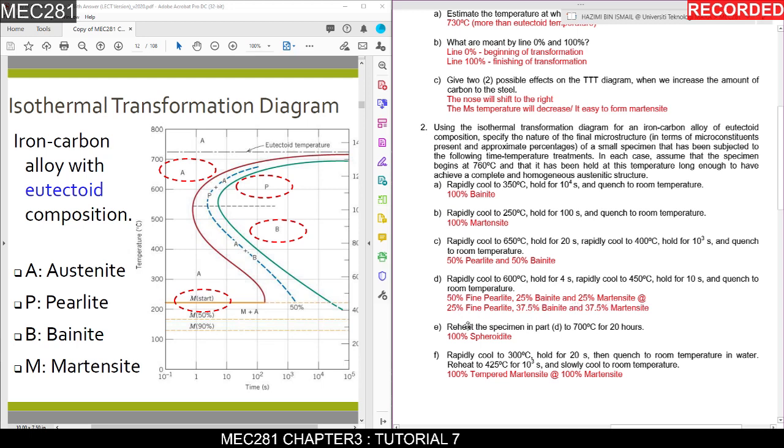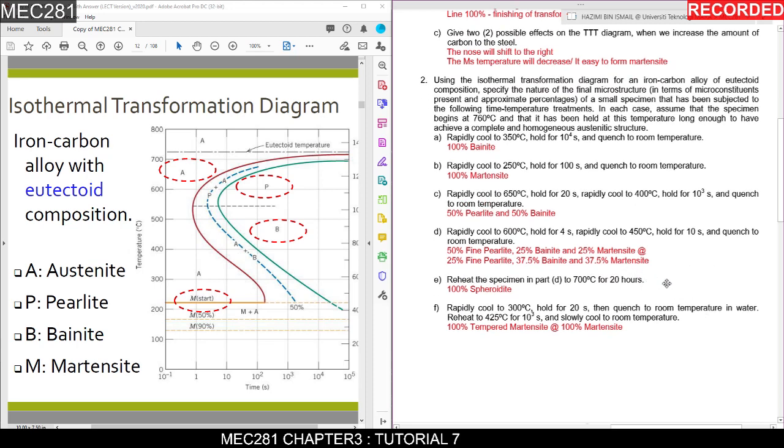25% monazite. Okay, or maybe 25% fine pearlite, 37.5% bainite, and 37.5% monazite. Okay, so you can compare your answers with the answer scheme here. Then E, reheat the specimen in part D to 700 degrees C for 20 hours and you will get 100% ferrite. Okay, and F, rapidly cool to 300 degrees C, hold for 20 seconds and quench to room temperature